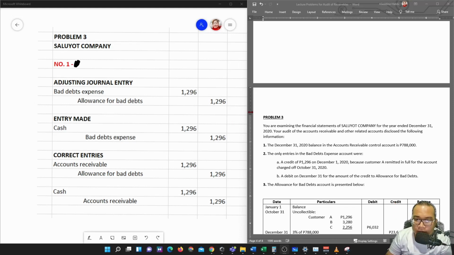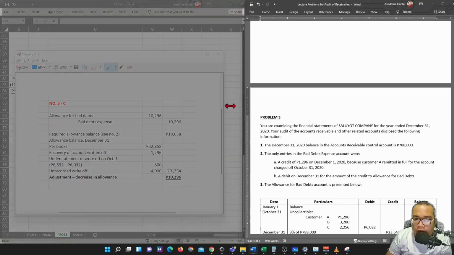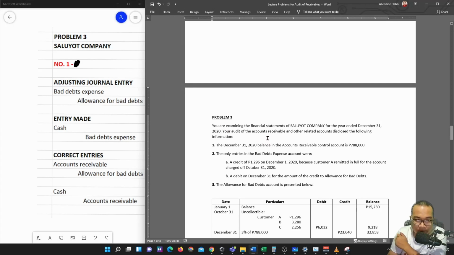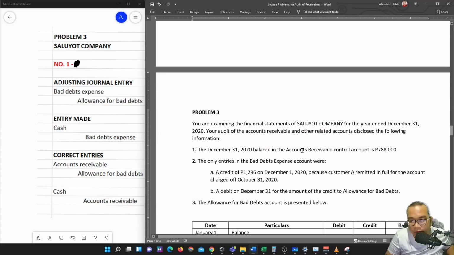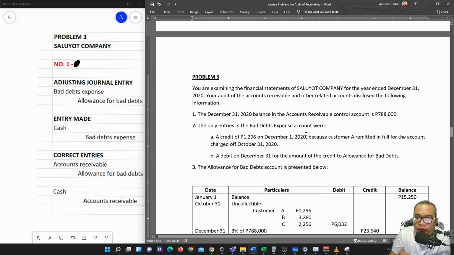So, ito na sa problem 3. For the 3. So, problem 3, pinag-usapan dito. So, sa problem 3, auditor ka ulit. You are examining the financial statements of Saluyot Company for the year ended December 31, 2020. So, your audit of their accounts receivable and other related accounts disclose the following information. So, noong December 31, 2020, the balance in the accounts receivable, tandaan nyo, it pertains to the control account